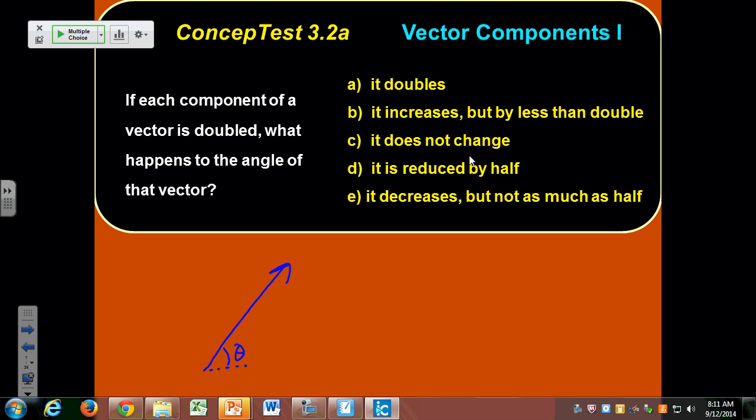C is correct. Good. It does not change. What types of triangles are those called? Do y'all remember? It starts with an S. Similar triangles, right? So if I have two triangles,